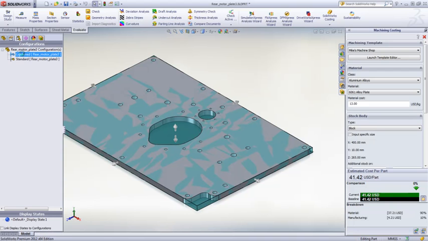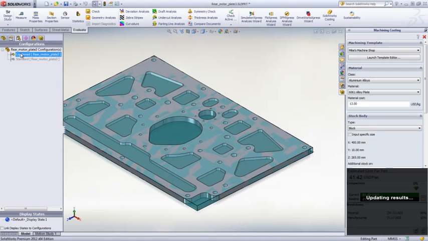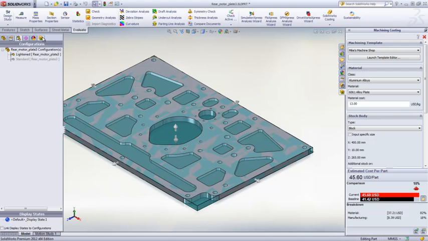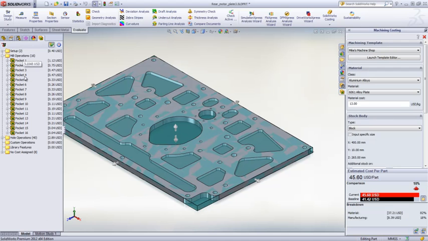In this part, we want to evaluate the cost of reducing weight by machining additional pockets. Costing re-evaluates the manufacturing operations based on the required tool size, type, and cutting speed to remove the necessary material. The new costing tool in SolidWorks 2012 is a great asset for saving time and